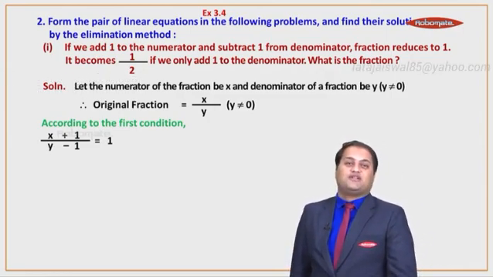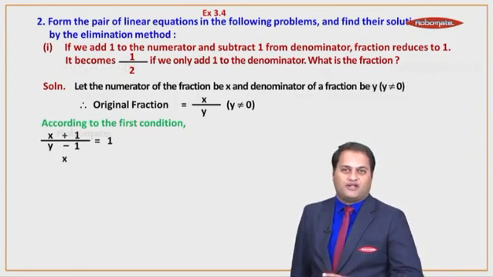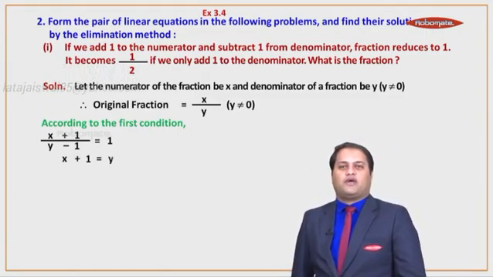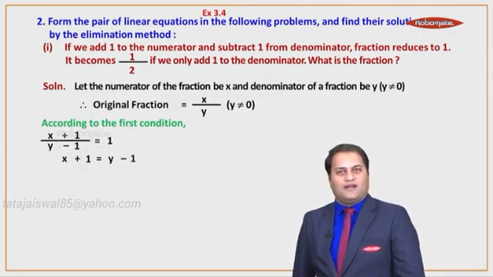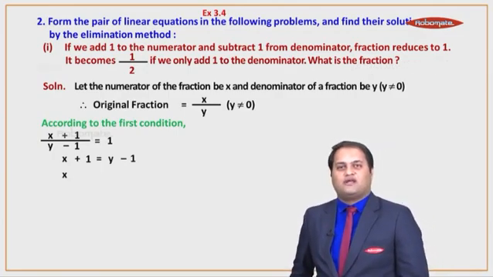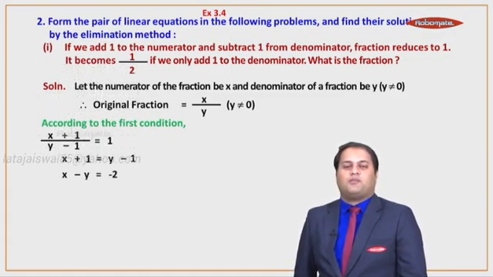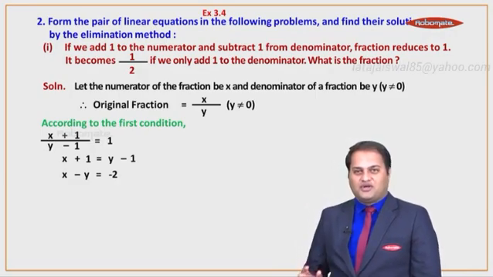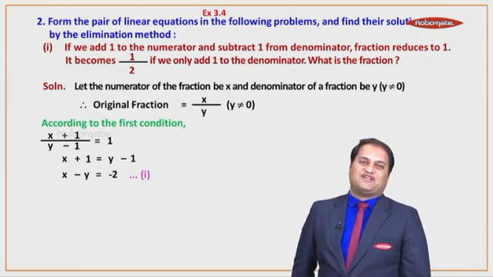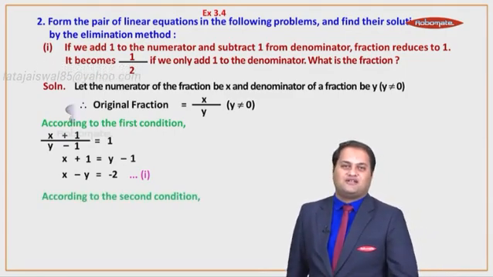Now let's bring this equation in the standard form. How do we do it? By cross multiplying, y minus 1 will go to the numerator and get multiplied with 1. So we will get x plus 1 is equal to 1 into y minus 1, that is y minus 1, right? Variables on one side, let's take the constants to the other side. What do we get? x minus y is equal to minus 2. Minus 1 minus 1 is minus 2. x minus y is equal to minus 2 is the linear equation. Let this equation be equation number 1, right? That's the first equation.